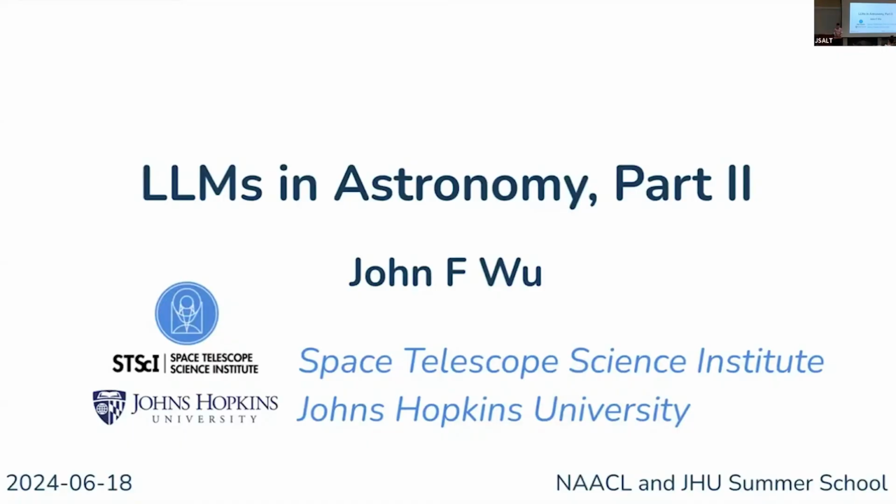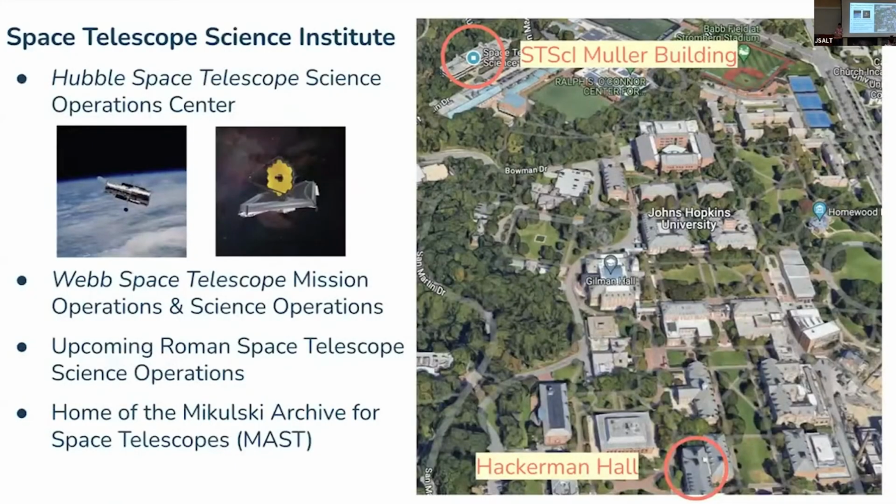In fact, the first thing I want to say is a little bit more about my home institution. I'm affiliated with Johns Hopkins, the Department of Physics and Astronomy. My PhD, my background is all in physics, by the way. And then the Space Telescope Science Institute, mostly housed in the Muller building, is just a short walk, about 15 minutes on campus. I think Sanjeev mentioned on day one that there's a nice cafe in there, Karma's Cafe. It's actually really, really good. You can get lunch for like $7. It's pretty hard to find these days.